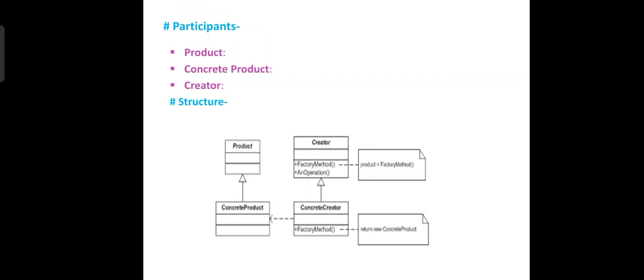It may call the factory method to create a product object. Then the structure is given here. In that structure, product, concrete product, creator, concrete creator are the participants which are involved in the structure of factory method.